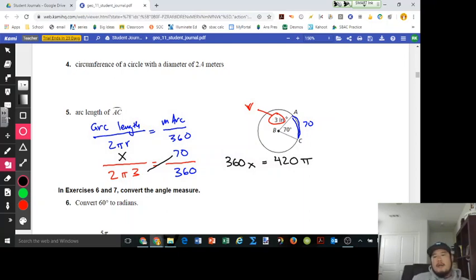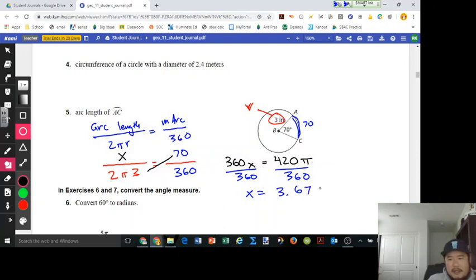Our last step, I would hold off to the very end before you plug pi into your calculator so you don't have to deal with any rounding errors and just long numbers. Is let's go ahead and get x by itself and divide both sides by 360. So x right here ends up equaling, it's around 3.67 inches, and that right there is the length from A to C, or the arc length of AC,